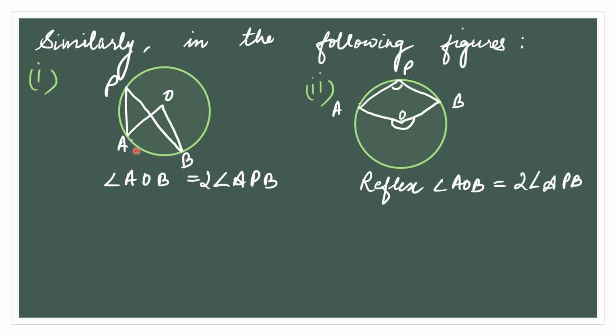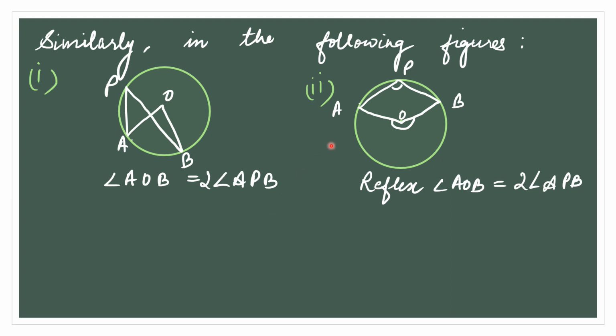When this arc subtends the angle APB on the circumference, P is on the circumference, and when we join it with the center, this arc subtends angle AOB at the center. What we have proved is that the angle at the center is twice the angle at the circumference, therefore angle AOB is equal to 2 times angle APB. This equation will be used many times, children, in your